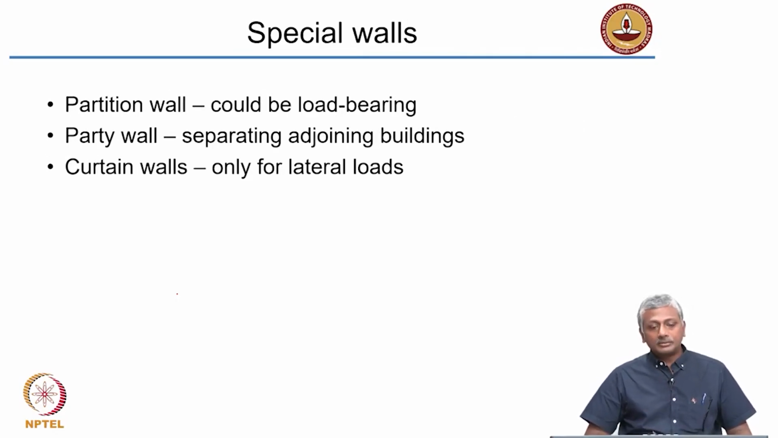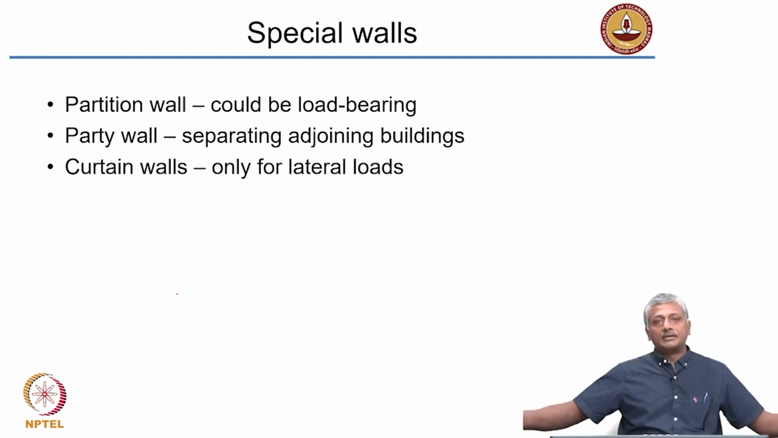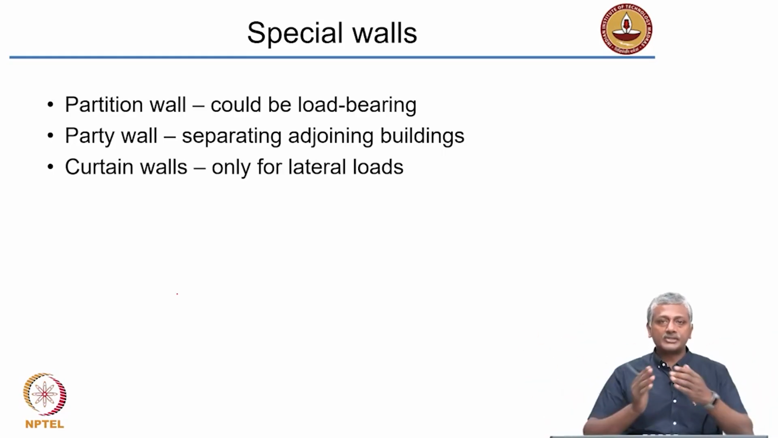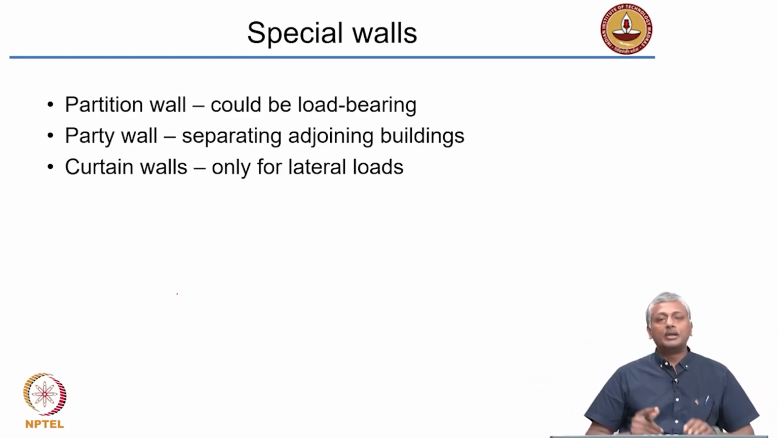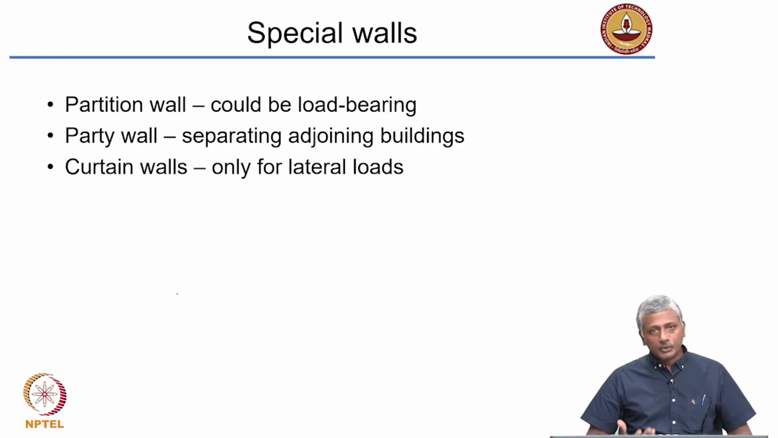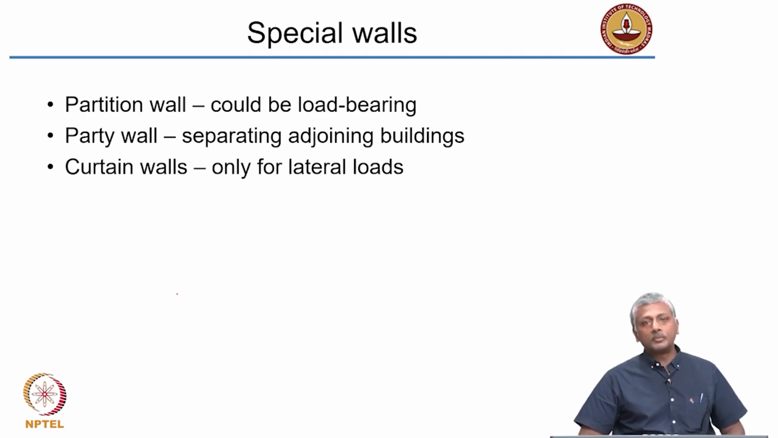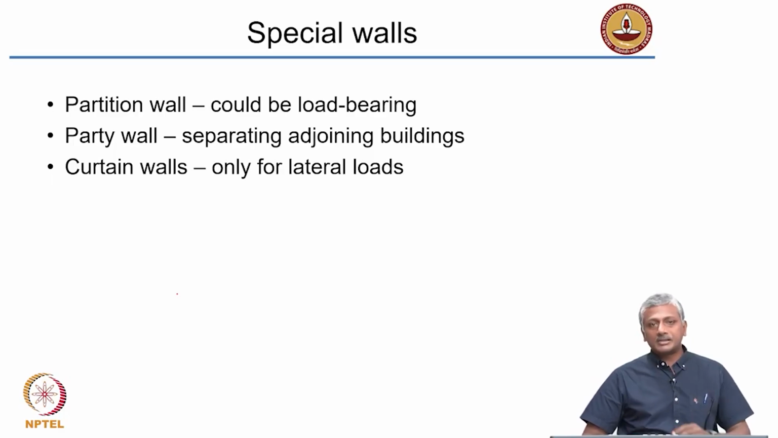A partition wall could be a load bearing wall. The function of a partition wall is to simply partition two spaces. Okay, if you have a very large hall, for instance, you put a wall in between called a partition wall, which partitions two spaces. Now, the partition wall in some cases can be designed as a load bearing wall also, but in most circumstances, you will see that the partition wall is a non-load bearing wall and typically made with these lightweight